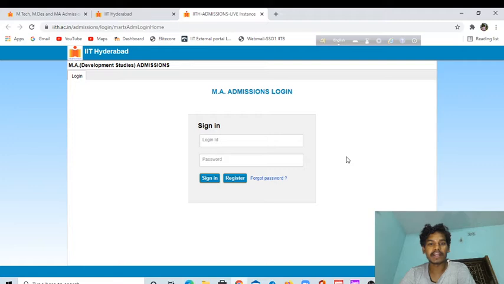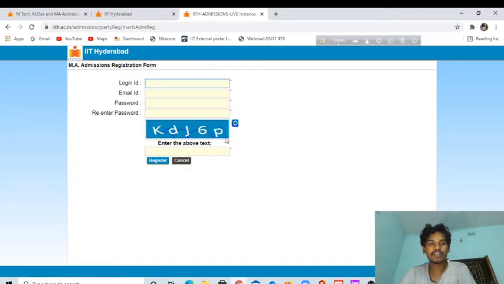Main important information and how to fill up the form of MA in Development Studies. The students who have not applied before, you have to register first. You have to register first. Registering means choosing your login ID. You can give anything, but you should write